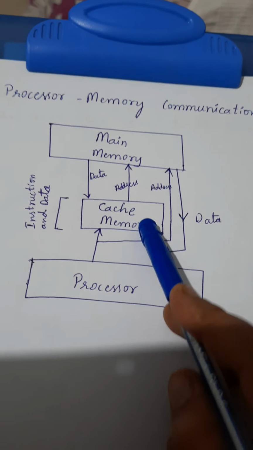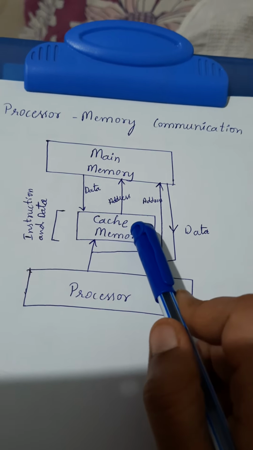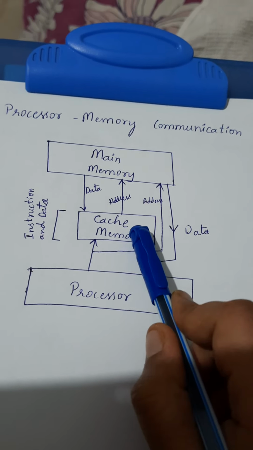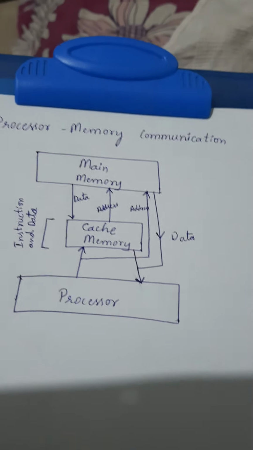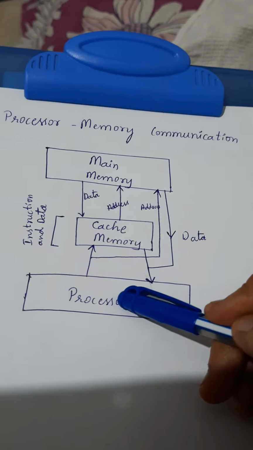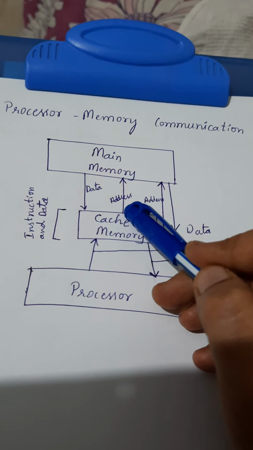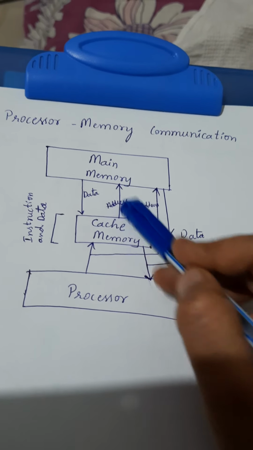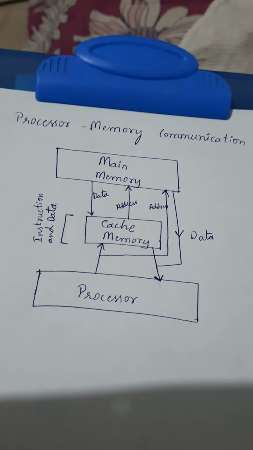You have cache memory in between. This is because whatever information the processor uses very frequently will be placed in this cache memory. Main memory to processor communication will be slow, while cache to processor communication will be fast. So whatever information is not available in the cache will be accessed from main memory. If it's available in cache memory, it will be used by the processor.